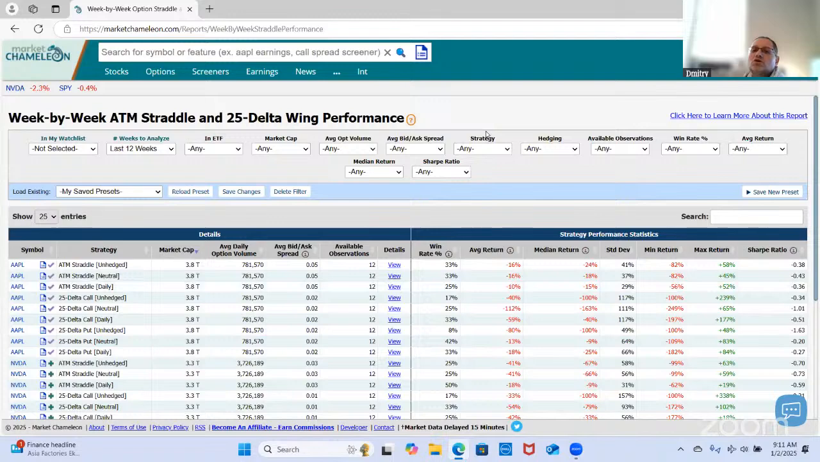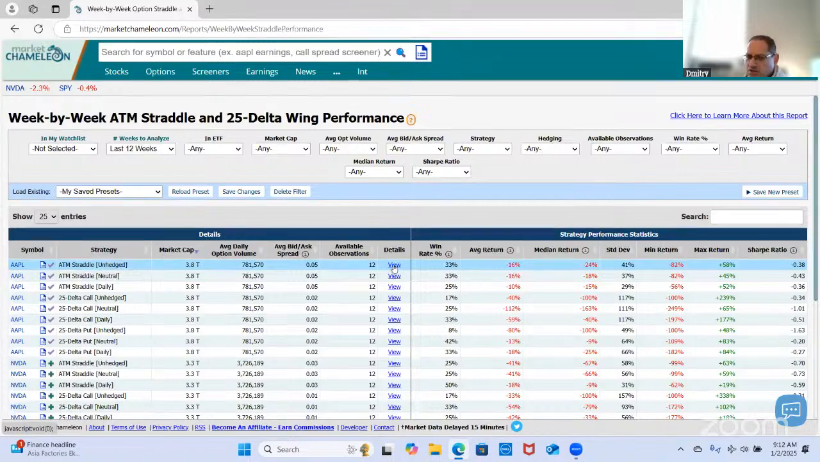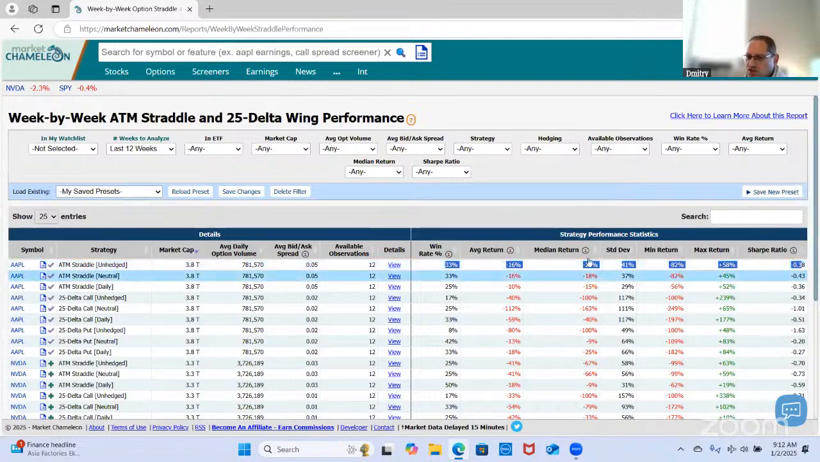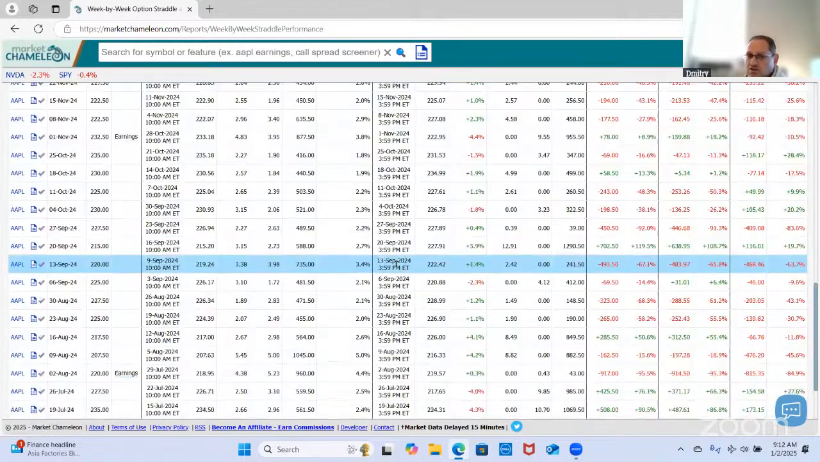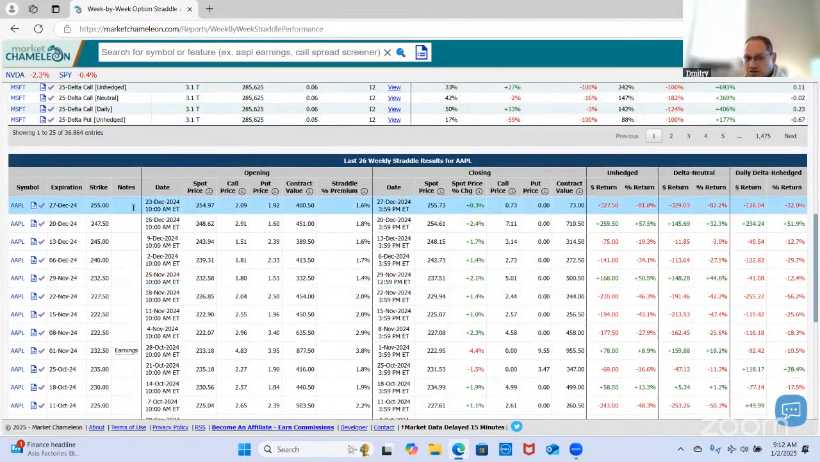Now, we could expand that over here if we wanted to go 26 weeks or just the last 3 weeks. We could change that from the filters above. Let's stay on the last 12 weeks. Here, we could view the details. If you click on this, we're going to get the summary statistics for those observations to the right. If we wanted to go in deeper and view the actual details, you click on this, and then over here,